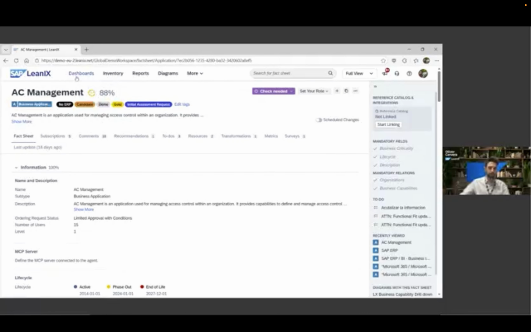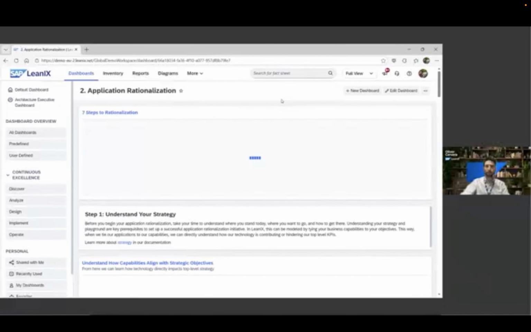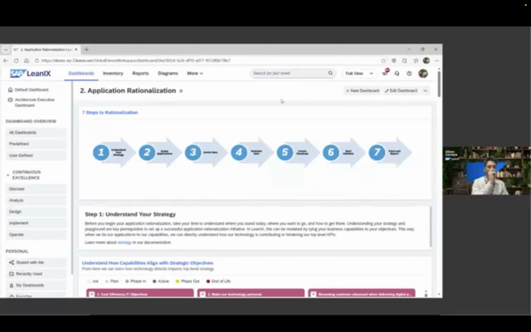So I will go back to the dashboard page, and I will show you a dashboard that has been created for this scenario. I'm saying created because dashboards can be customized, they can be changed, they can contain a lot of data. And as you can see right now, we are in a dashboard called application rationalization, which is one of the use cases LeanIX has. And this dashboard is customizable because there are some boxes that you can change. Dashboards can contain images, links, reports, and I will show you an example